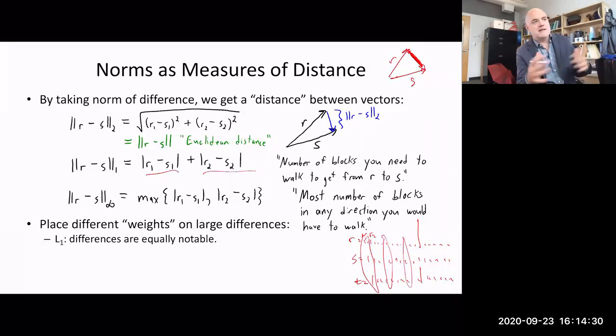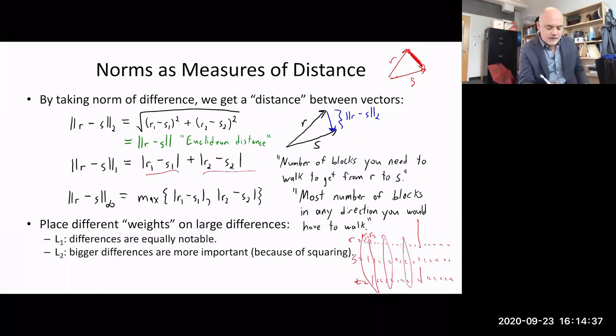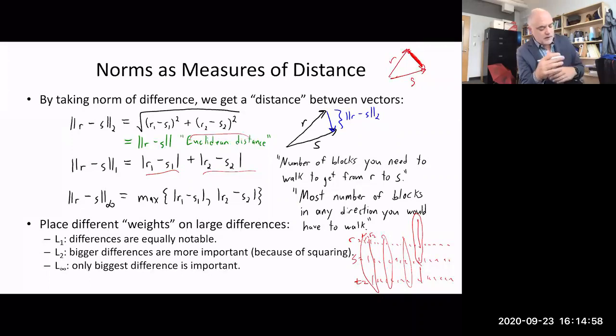So the point is that when we're computing distances between vectors, when we look in every dimension, in L1 the differences are basically the same. There's no difference between a large difference or a small difference. They're all treated exactly the same, right? But in L2, if any one of these dimensions has a large discrepancy in value, then the distance between these vectors is computed as being very, very large, because the difference gets squared, okay? And of course, with L infinity, the infinity norm, the biggest difference is the only one that's important,